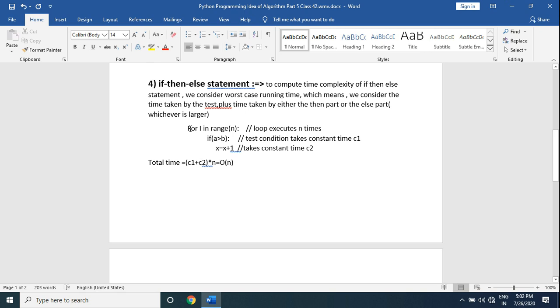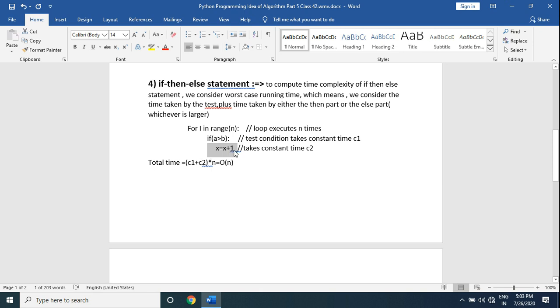Say we have a single for loop, and inside it a condition. It takes constant time C1 to check the test condition, and if the condition is true then it takes constant time C2. So C1 plus C2 are added, and our looping time complexity is n. The constant part is ignored, and our complexity is O(n) for the simple if-then-else statement.